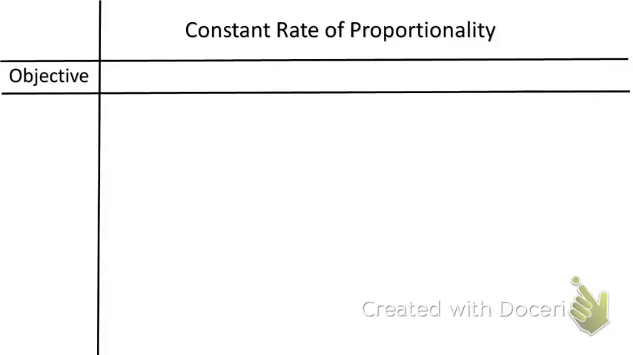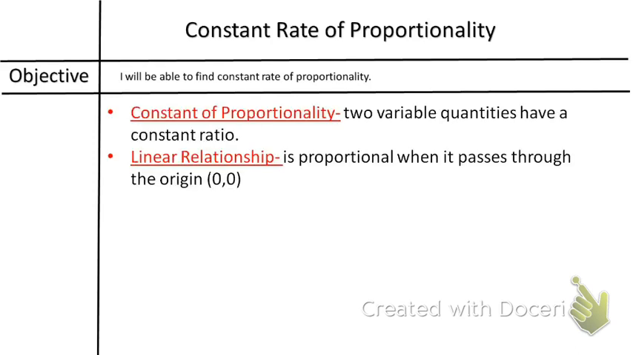Alright, constant rate of proportionality. Our objective: I will be able to find the constant rate of proportionality. What it is, it's two variable quantities that have a constant ratio, so it looks like what we've been doing with constant rate of change. This time you need to notice the linear relationship, which means it's proportional when it passes through the